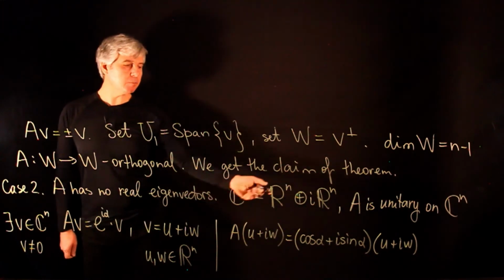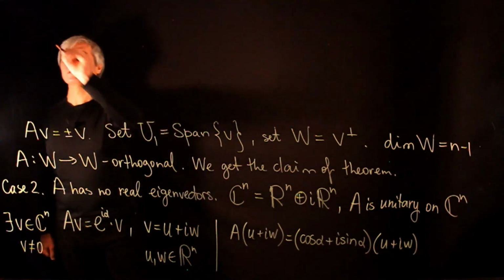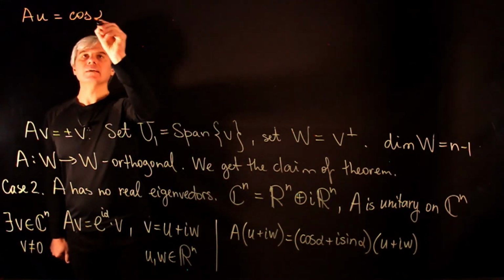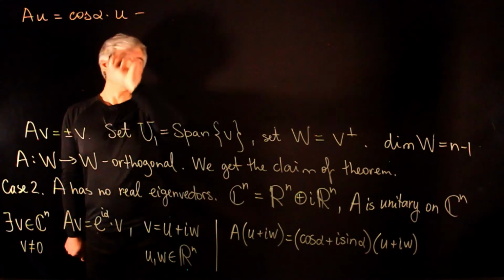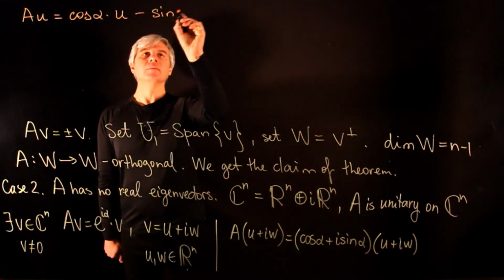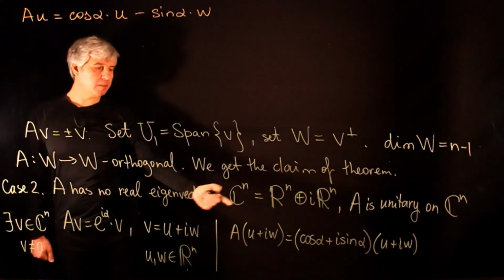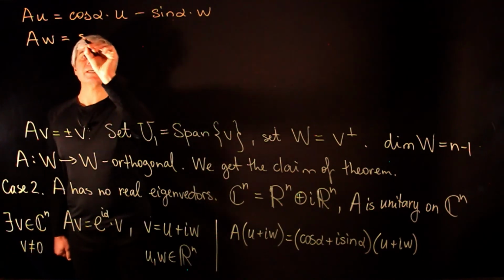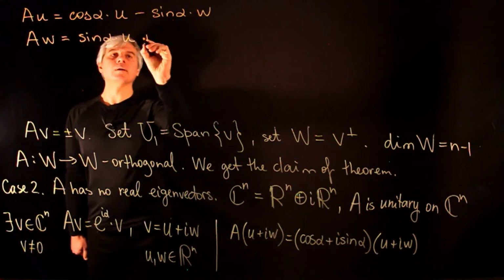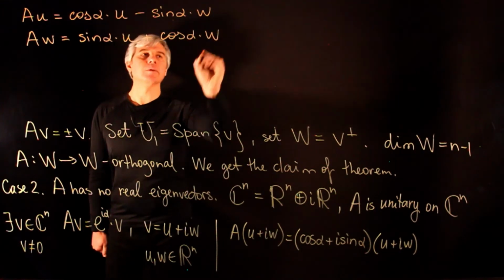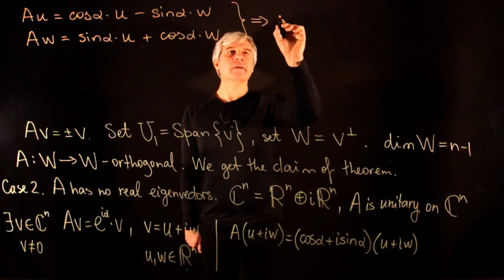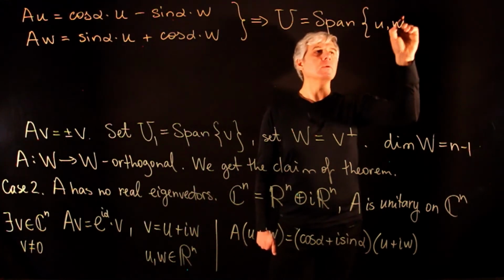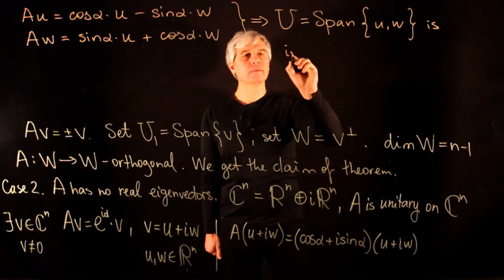So extracting the real part and imaginary part of this equality, we will get that AU is equal to cos alpha times U minus sine alpha times W. And if we take the imaginary part, then we get that AW is equal to sine alpha times U plus cos alpha times W. And this tells us that the subspace, which is the span of U and W, is invariant